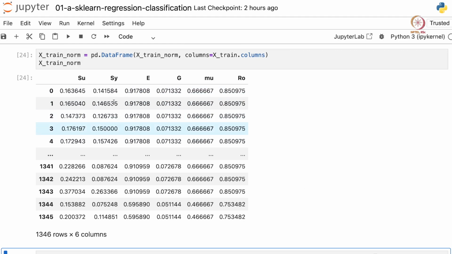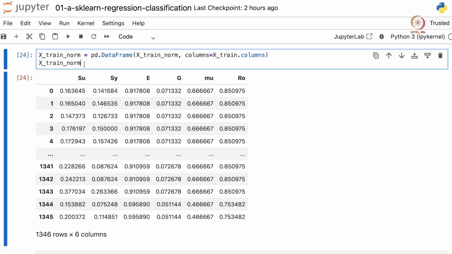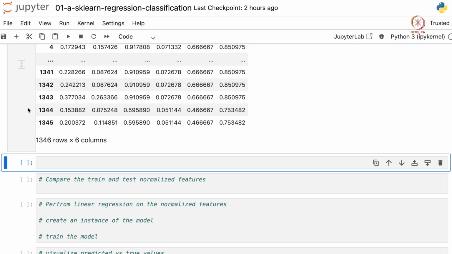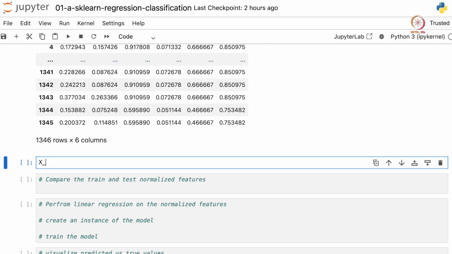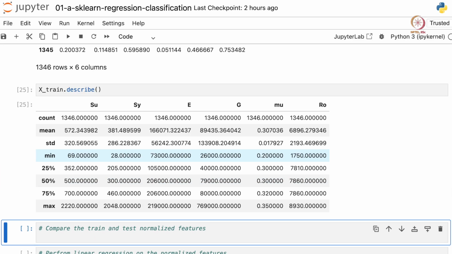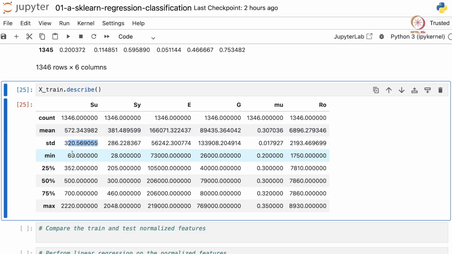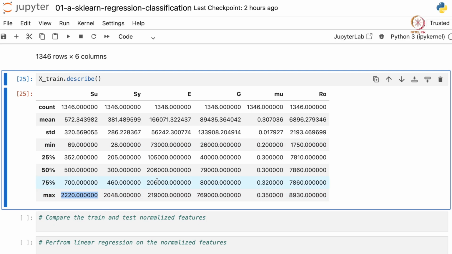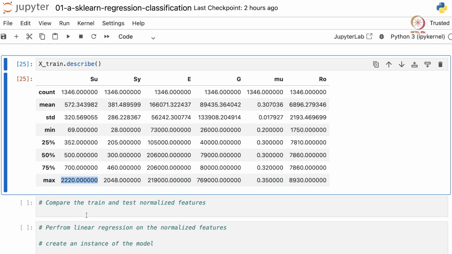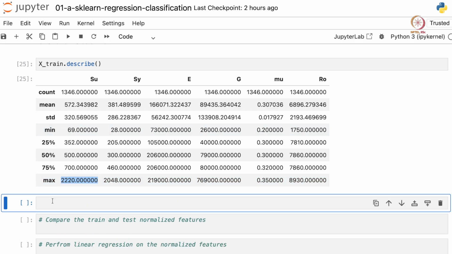So we get all the features here, and let's see the difference between the statistics of X train and X train normalized. We can use the .describe method for that. So let's first look at X train. So X train.describe. This shows various features: their mean, their standard deviation, the minimum values they have, the maximum values they have, etc. And now let's look at the normalized features.